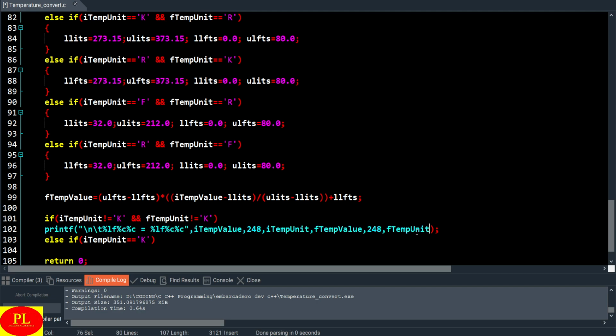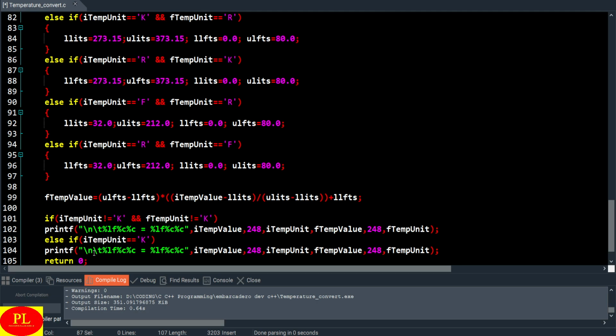Okay, so we'll print a slightly modified version of this statement. iTemp unit does not need a degree symbol, so we'll erase this percentage C and also we'll erase this. Okay,